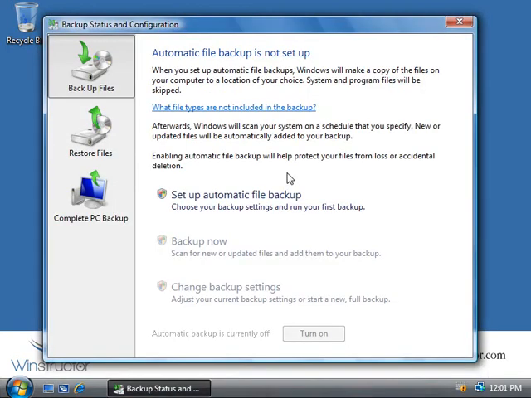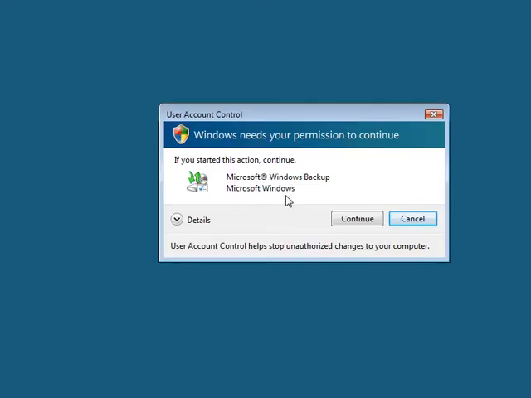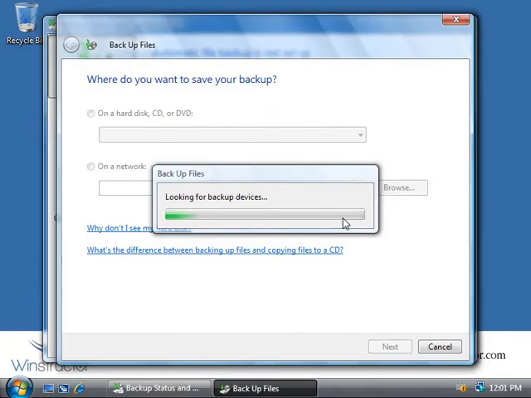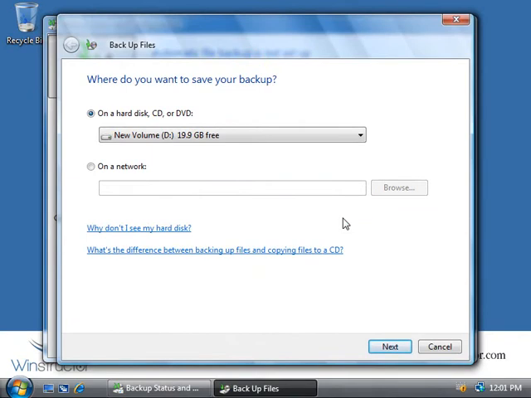Okay, we're back. I've installed another hard disk in this machine, I've configured it as my D drive, and I've moved my CD-ROM to drive letter E. So again, we'll click on Set up an automatic file backup, and we'll need to click on the user account control message. And again, the backup program will check my system for backup devices and places I can store my